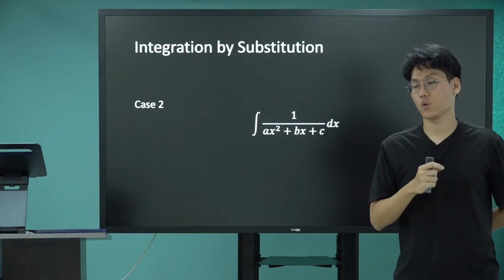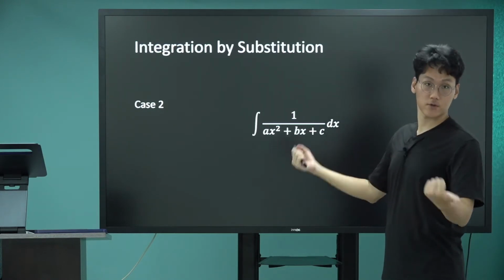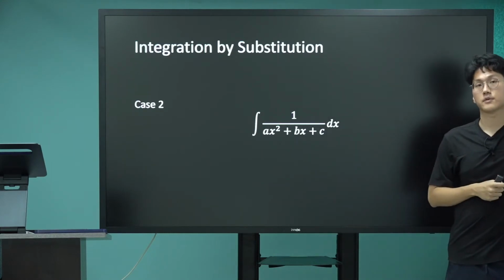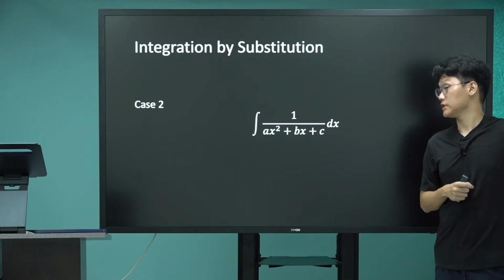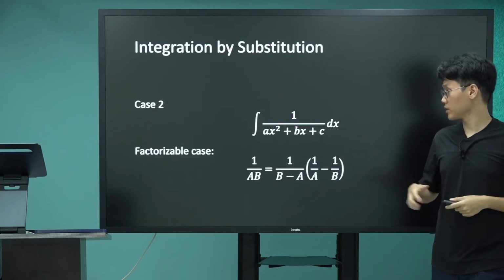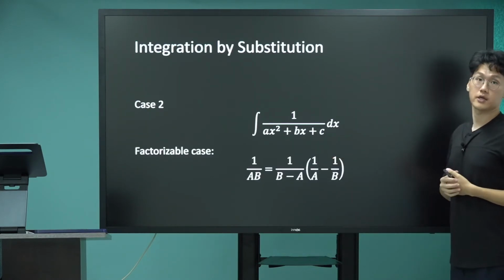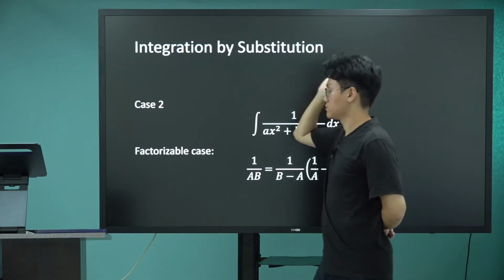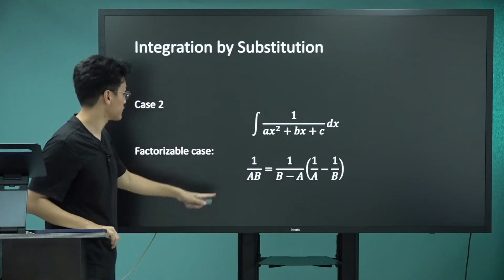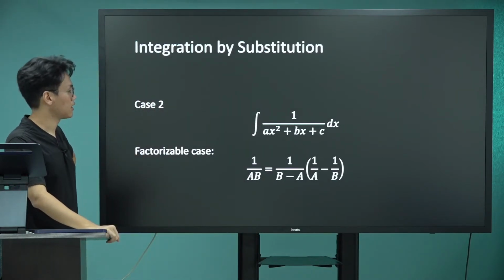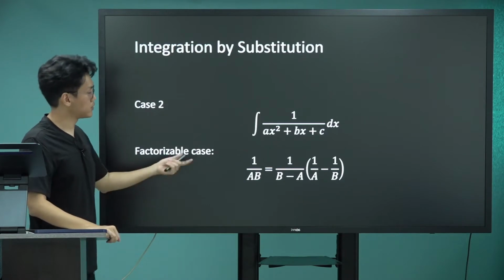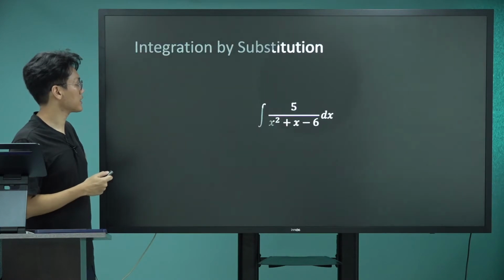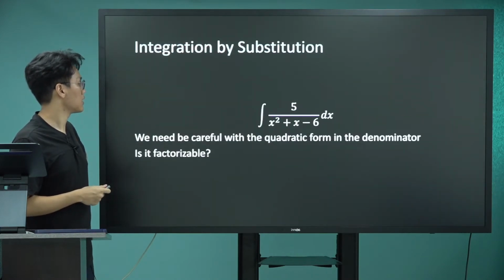As you guys know, the quadratic has two cases: whether it can be factorized or not. For the non-factorizable cases, what we used to do is completing the square, right? What we're going to have a look at now is the factorizable cases. And for that, we're going to use the partial fraction method for the product of the two, A and B. You should try yourself whether this really works or not. It does. So if your quadratic form is factorizable, it's going to be the product of